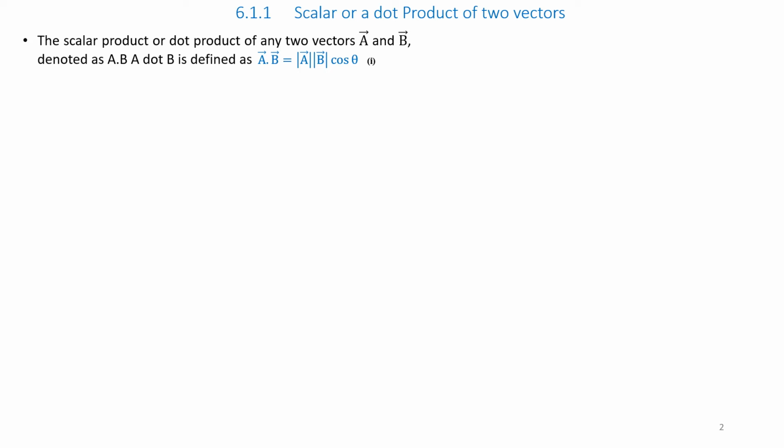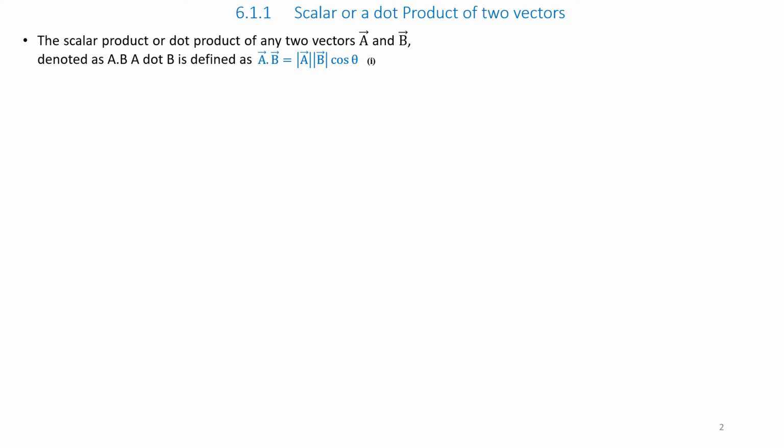Physical quantities like displacement, velocity, acceleration, force, etc. are vectors. The scalar product or dot product of any two vectors A and B, denoted as A dot B,